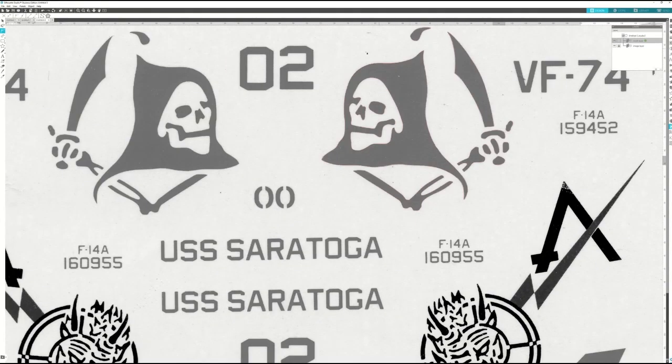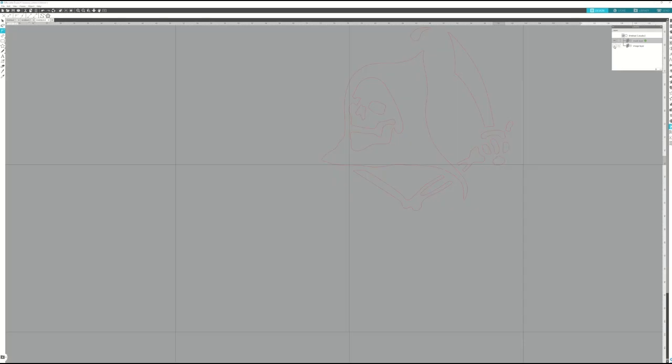Alright, some 20 minutes later, and we now have a completed mask that will fit on the tail of our F-14 Tomcat. So I'm going to take a little bit of a step here for housekeeping before I go and do anything and wind up screwing this up. What I'm going to do is open my layer panel over on the side, and hide the image layer so that the only thing that is visible at the moment is my actual mask cut. I'm then going to select every element, and the reason I'm doing this is I want